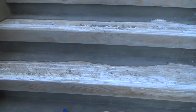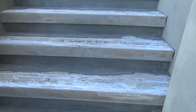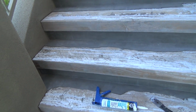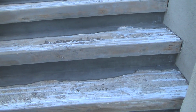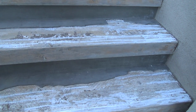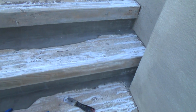Hey, stick around. I'll put this on a whole video series, part 1, part 2, part 3, maybe, or titled different things. Keep watching my videos and you'll see how I'm going to repair this never-ending stair repair. You should have seen the toilet that I did. I called it never-ending toilet tank internal water leak repair, and it had 9 parts to it. Now here we go again outside with the never-ending